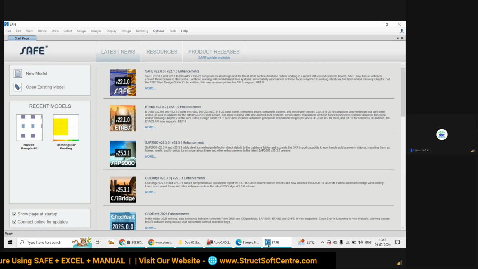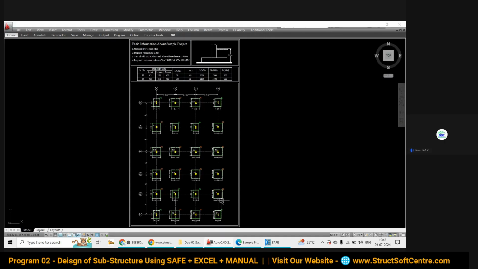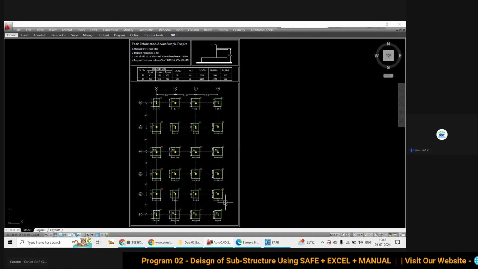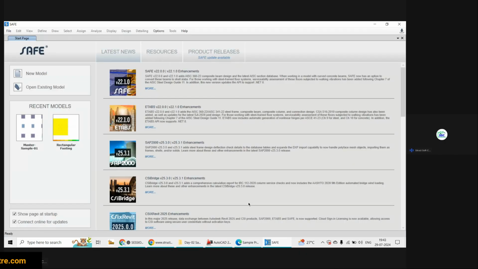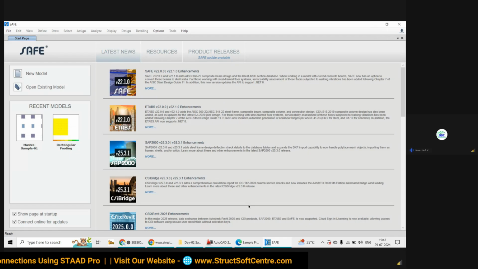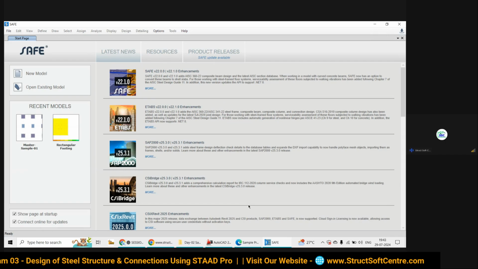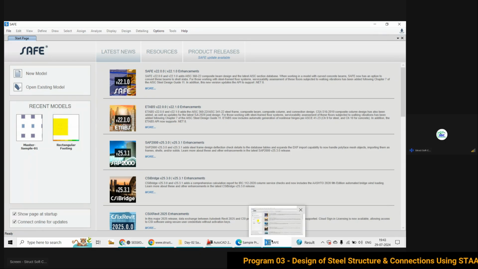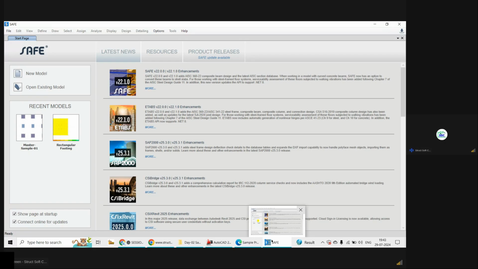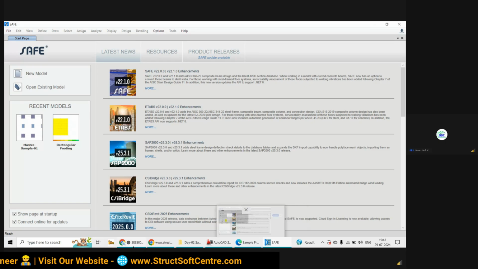So first try to understand that the objective of taking this sample project is not to complete the project. The objective is to understand the CSI SAFE software, its commands, its settings and everything. The outcome of completing this exercise is that all of you should be confident to use the CSI SAFE software. We are making an attempt to make you all ready to deal with any real example project for the design of the substructure or foundation. So are you all ready for this sample project?